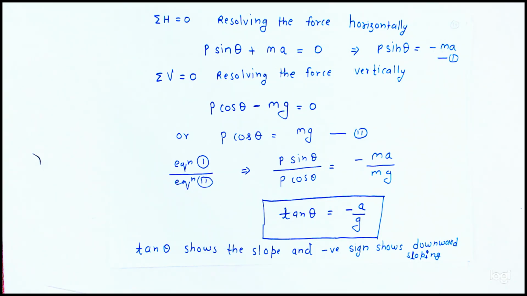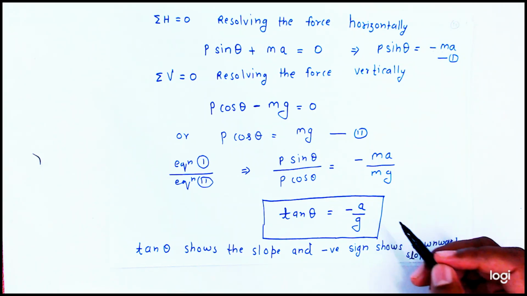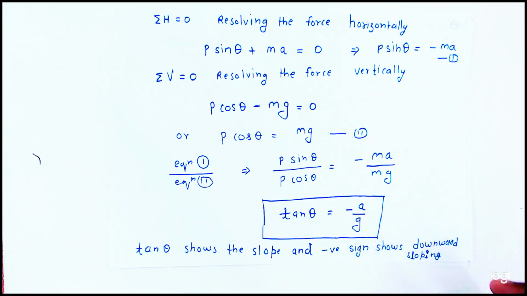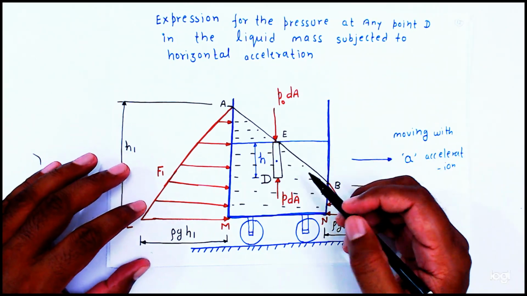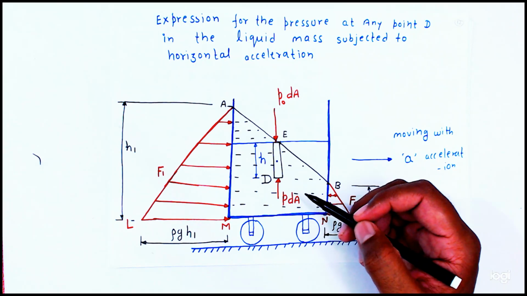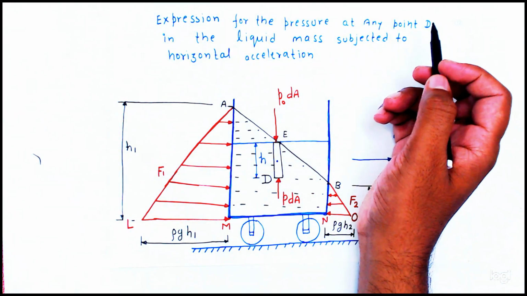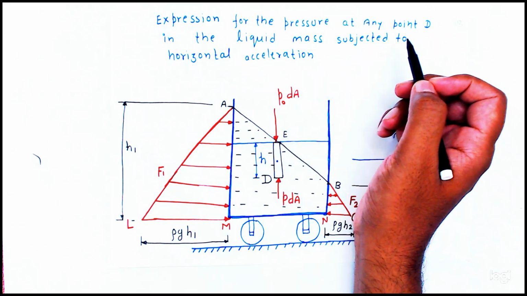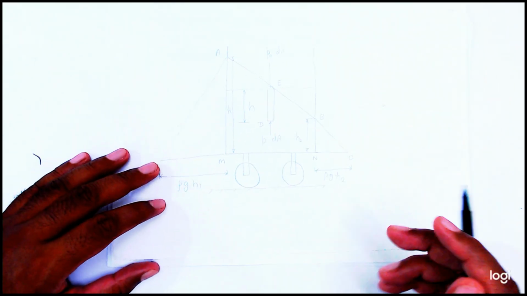Now friends, we have to determine how much pressure is there. First, we already determined the slope: slope is equal to minus a by g. Now we have to determine the pressure at each and every point of the liquid. So, the expression for the pressure at any point D in the liquid mass subjected to horizontal acceleration. It means friends, see here, let's consider